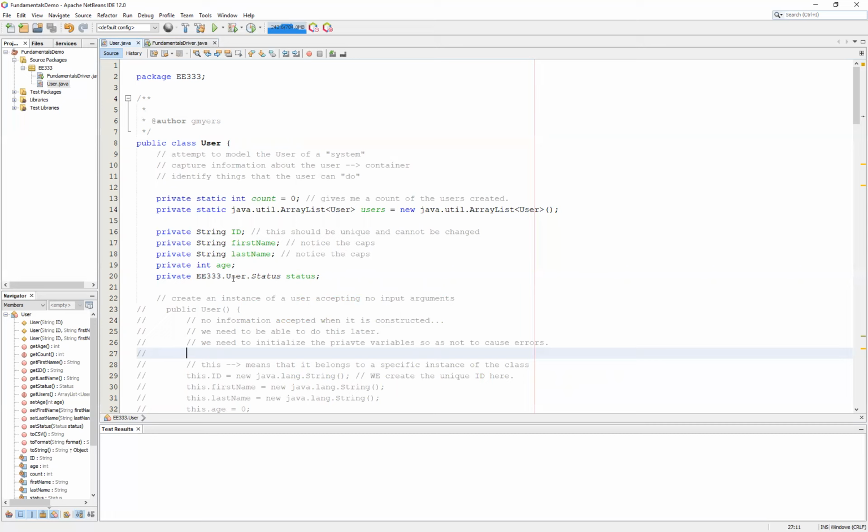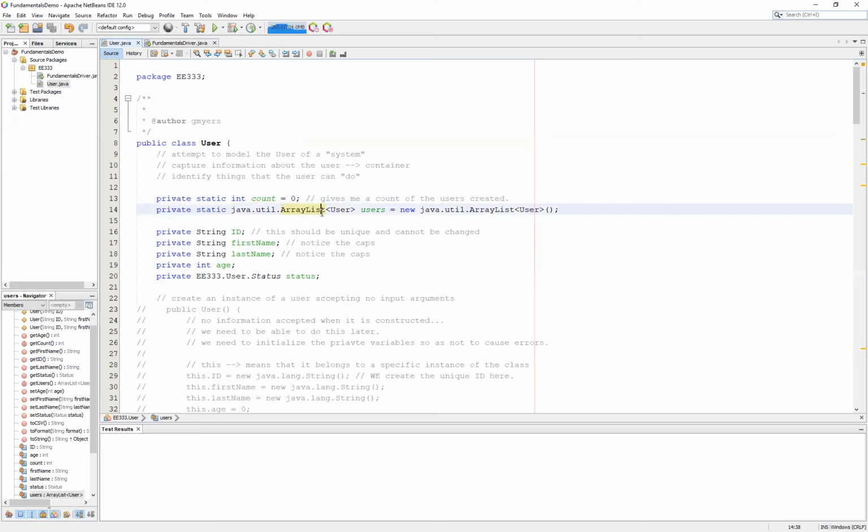In this case, we have a dirty enum, which simply means that the object is not completely constructed. We also have active and inactive, which says whether the user is actually active in our system, and so on. What we want to do, though, is focus on this static variable, this array list users,